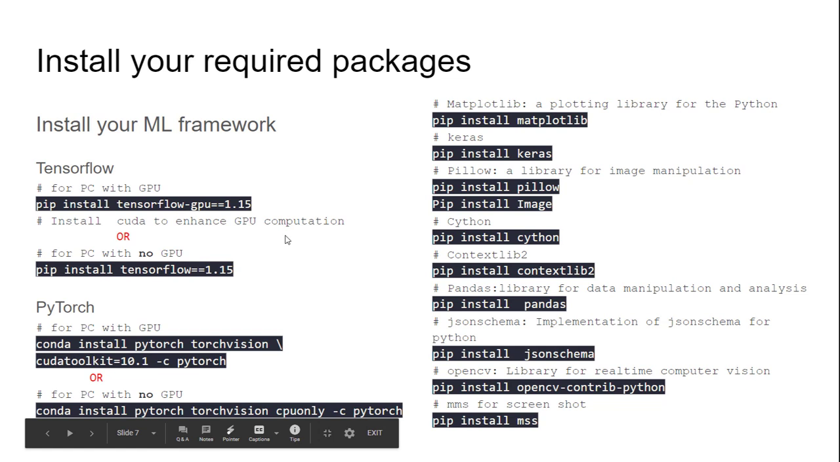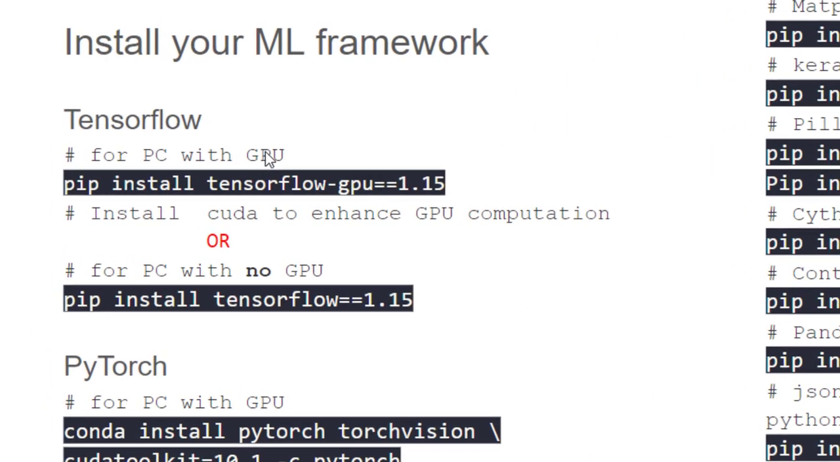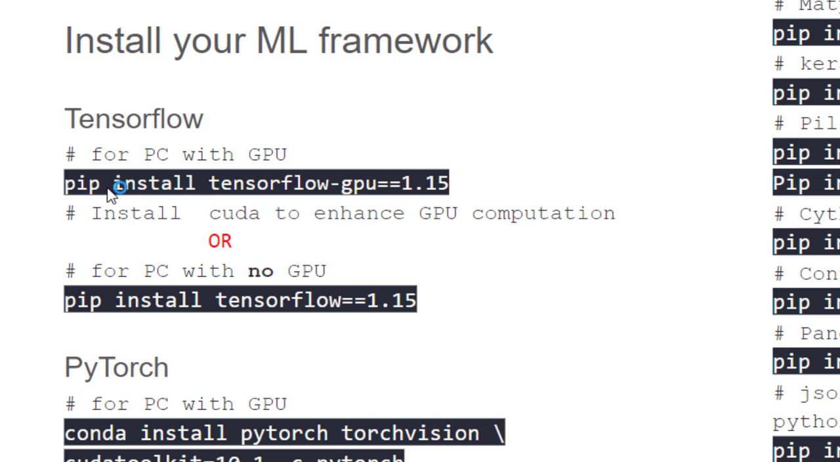So for TensorFlow, the command depends on whether you have a GPU or not. That's why initially I wanted you to know about your computer, because the more you know about your computer, the better it is when dealing with machine learning. So to install TensorFlow, if you have a GPU, we use this command: pip install tensorflow